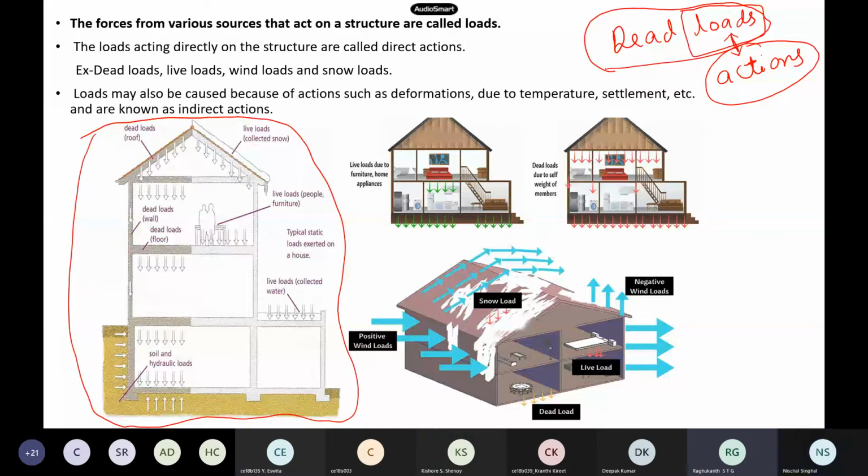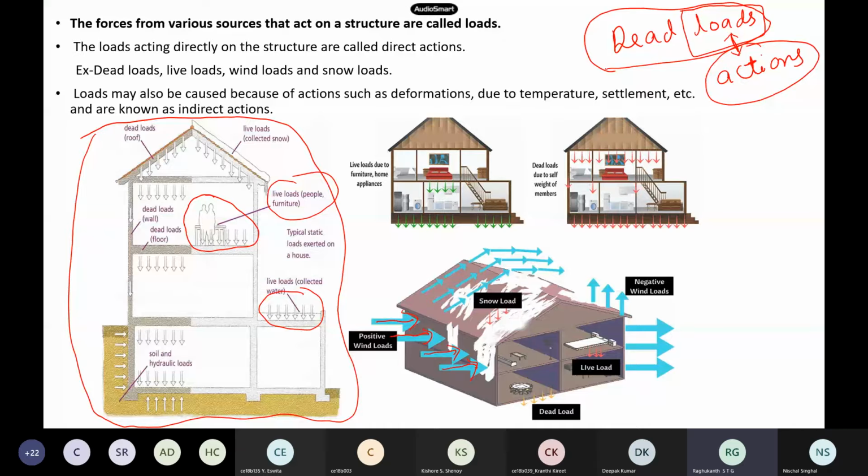Then apart from that, you will also have live loads, like furniture and people who are moving. Live load means it is not like it will move; although the name is live, it doesn't have any acceleration or velocity. Live loads include people, furniture, and even rain on the roofs, all kinds of things. Then apart from that, we will also have the wind load. You can see wind in this figure. Wind load is also a very important thing.